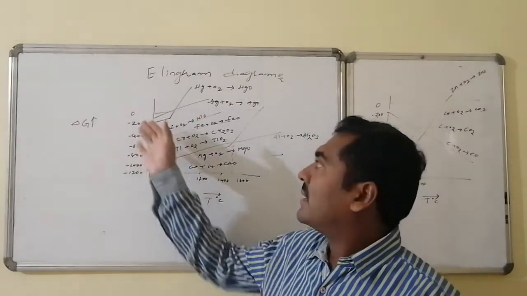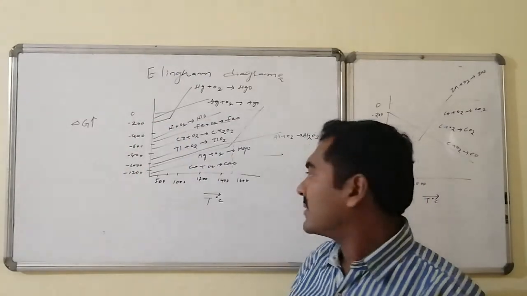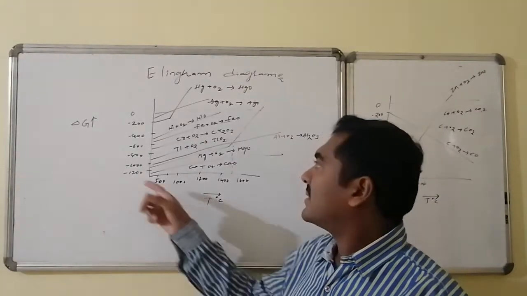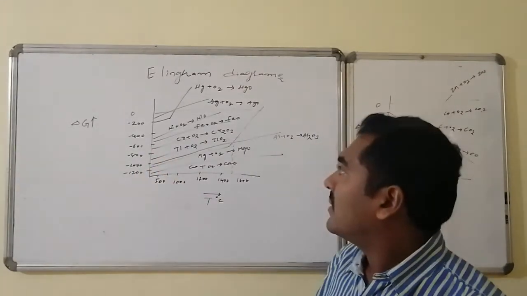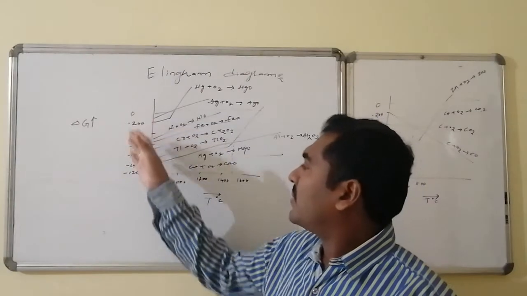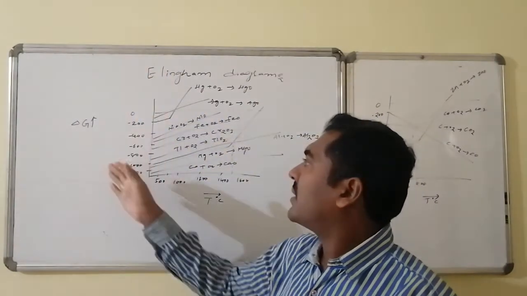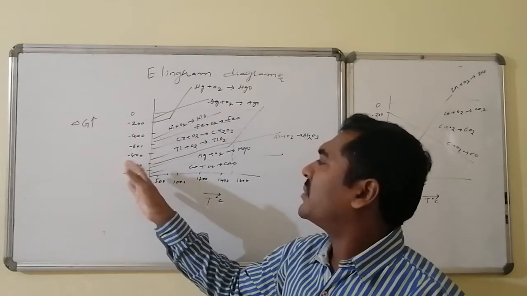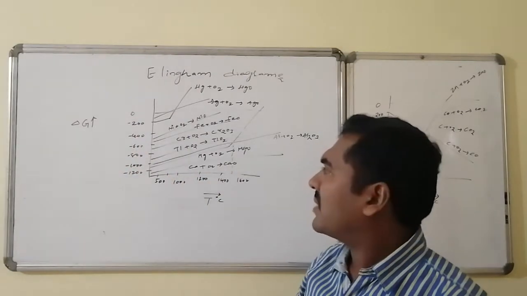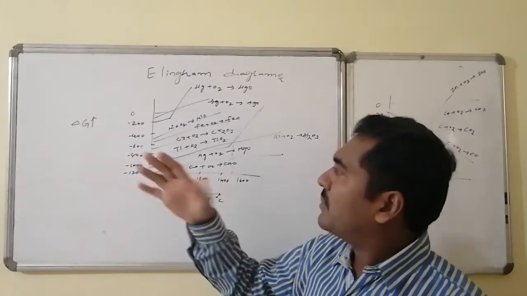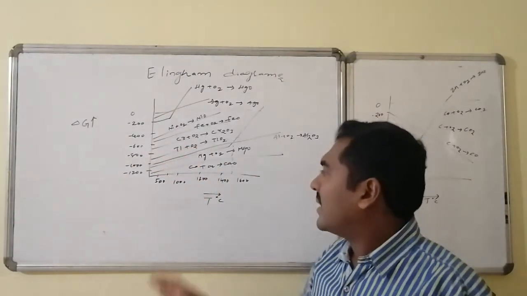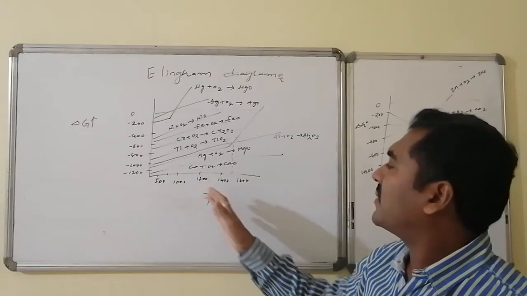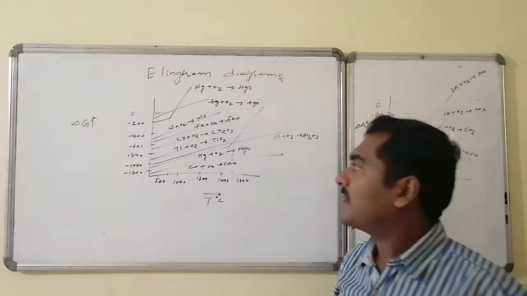See, here the temperature in degree centigrade is on the x-axis and the delta G is on the y-axis. Delta G positive values are above the 0, and delta G is increasing, whereas it starts from some minus 1200, minus 1000, minus 800, 600, 400, 200, 0, followed by plus 200, 400, etc. And temperature is increasing on the x-axis, like 500 degrees, 1000, 1200, 1400, 1600, etc.